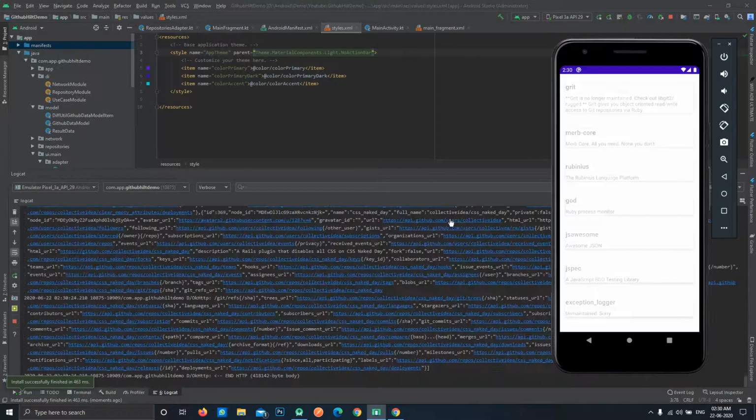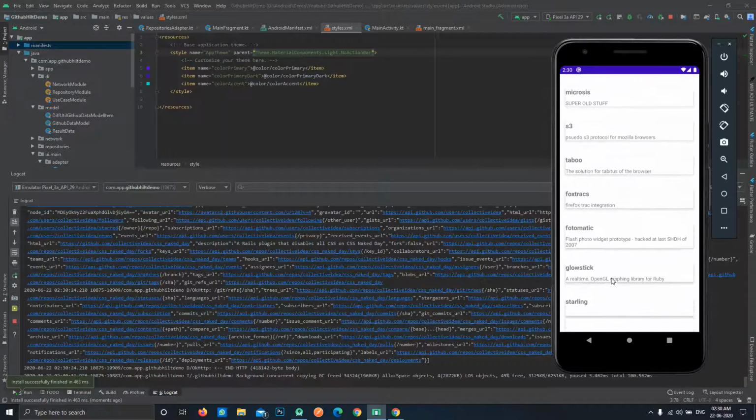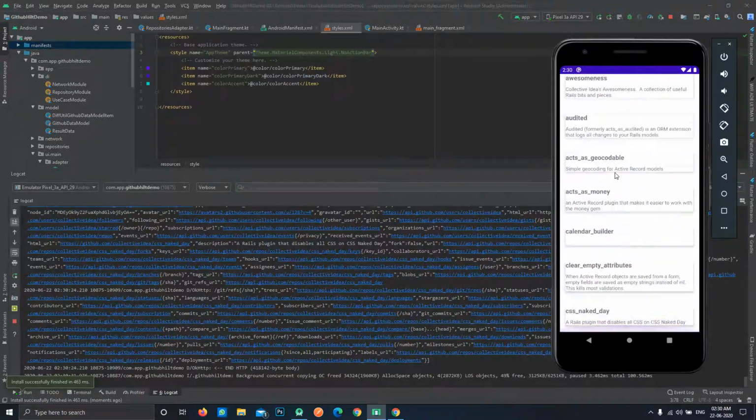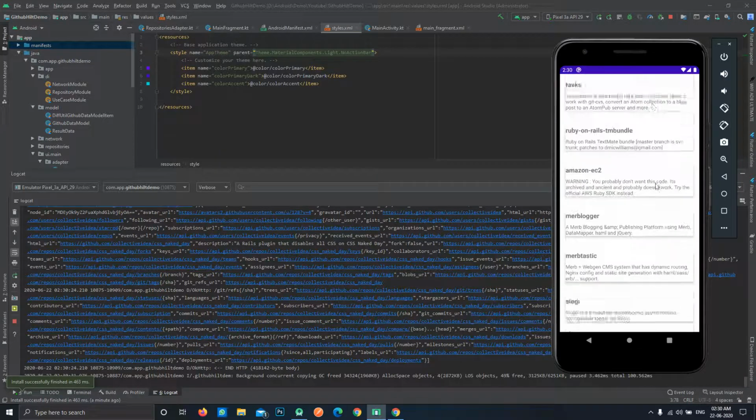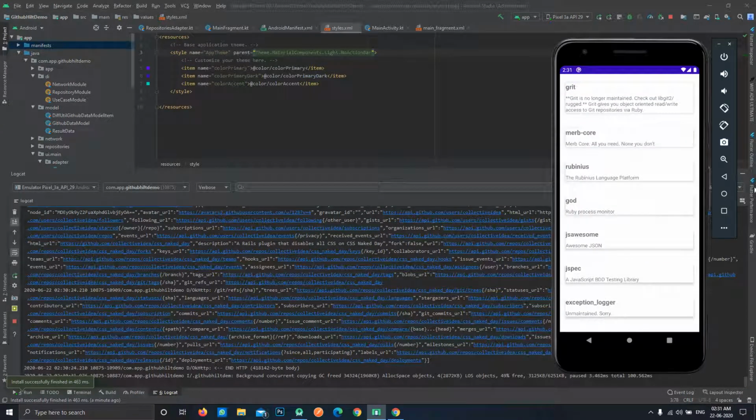Our API gets called and we can see the output in logcat, so the list is drawn over here. You can browse the items over here. This is the name of the repository along with the description, and here is an empty space because the description must be empty. So you can make a check in your adapter class that if it is empty, the item should not be visible. You can define the visibility as gone if the description is empty. Okay, so you can see that we have inflated our list over here.